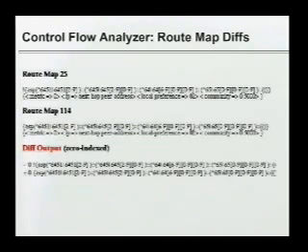So this slide may be hard to read. Even if you can see it, you may not understand what's going on. But as I mentioned, I've normalized the route maps away from what they're called to what they actually do. So basically what I've done is dereference community lists, dereferenced everything, and said, this is actually the mechanism of what the route map does. And then actually run the diff on those two